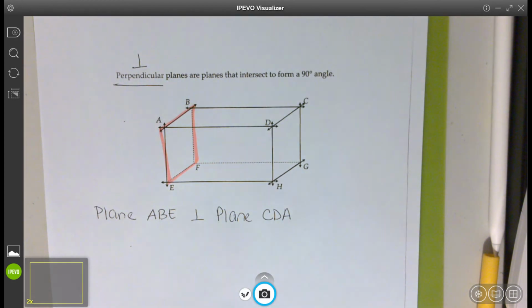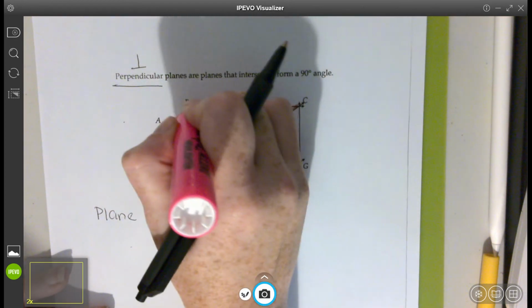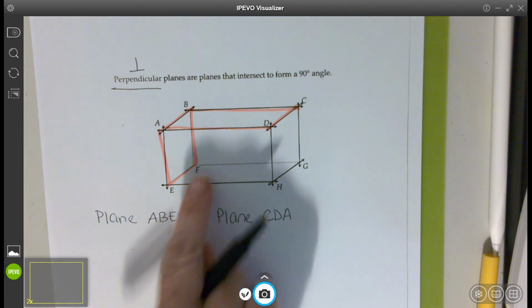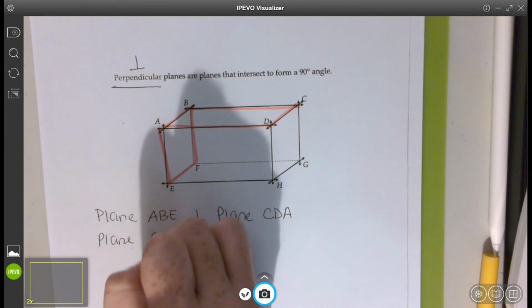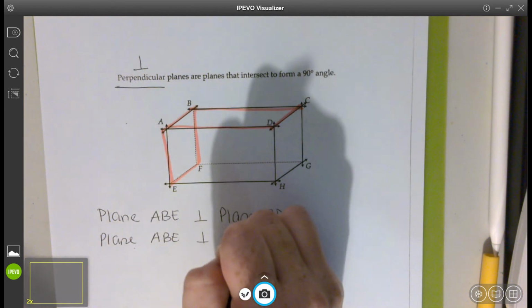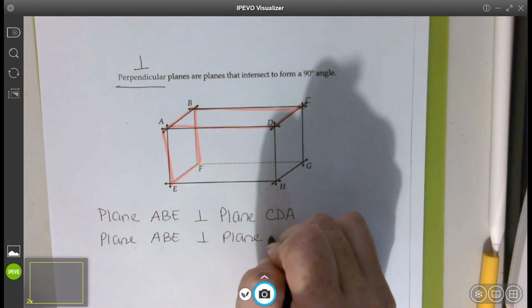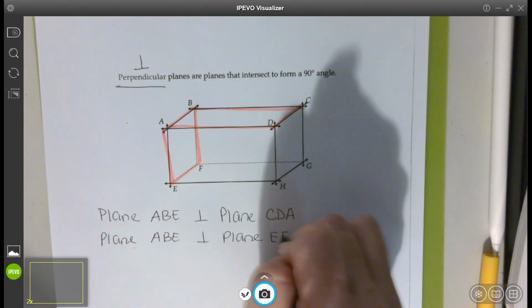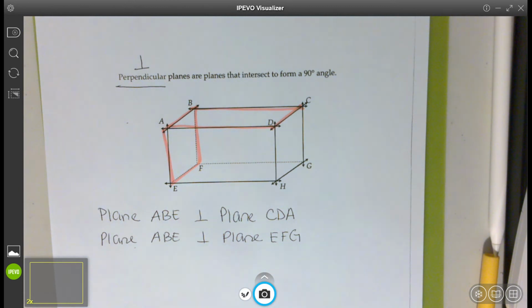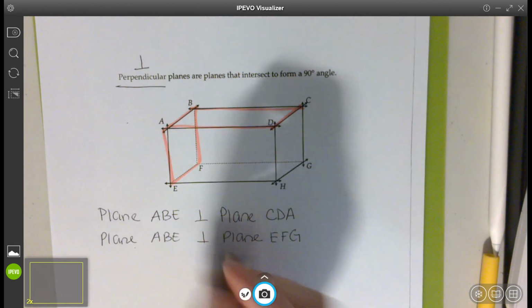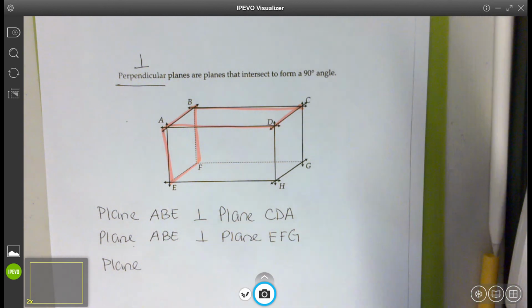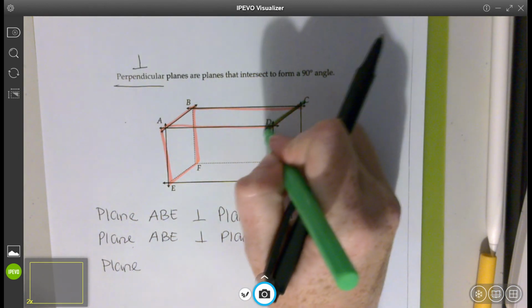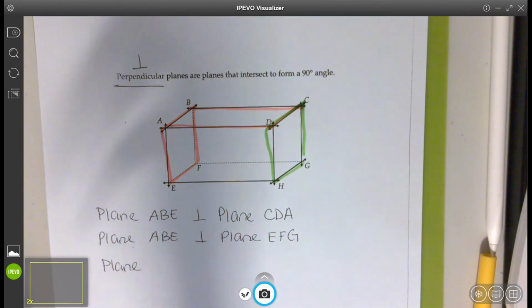Now, is that the only combination? And the answer is no, because I have another plane at the bottom here that I could have named instead. I could have said plane ABE is perpendicular with that bottom plane of EFG. Again, we wanted that right angle. So here I can say plane over here. I'm going to highlight it so you can see it better. Plane